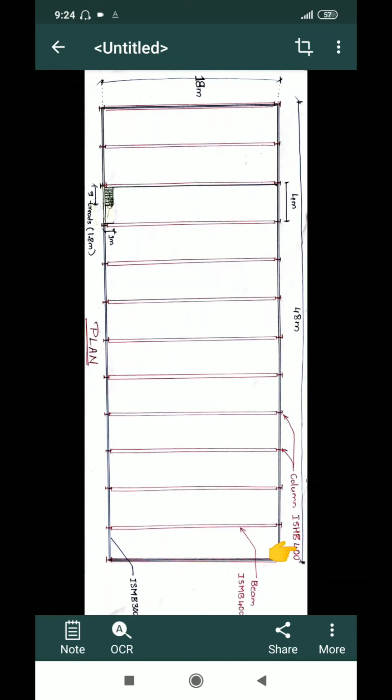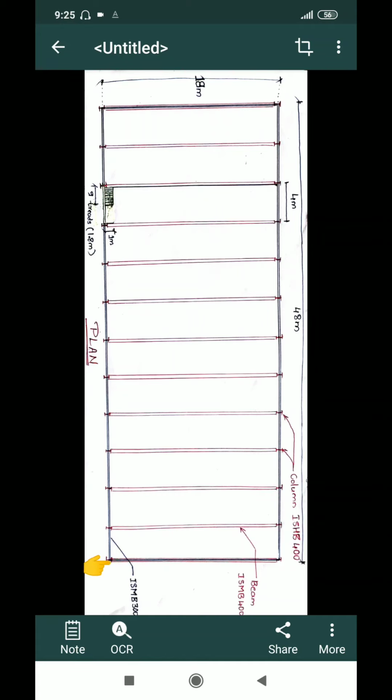So I am choosing a heavy beam of 400 mm depth. Depth means the total depth, including the flange thickness and web depth. The total I dimension is 400 mm. We have studied this in the last classes also. And I am providing columns at regular intervals of 4 meters. So these many columns are placed, and similarly on the other side also.